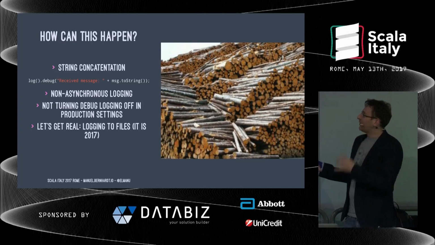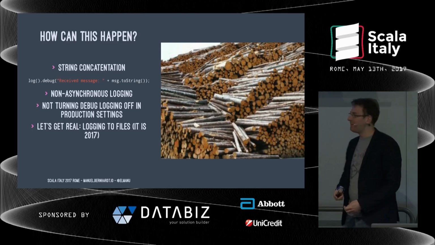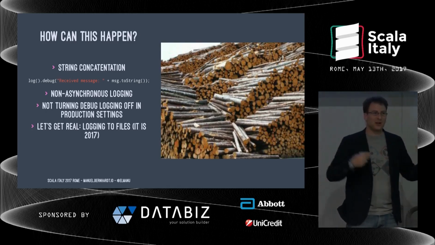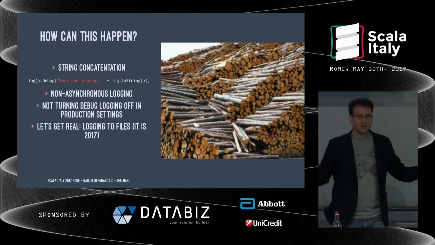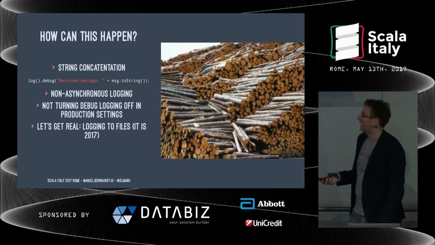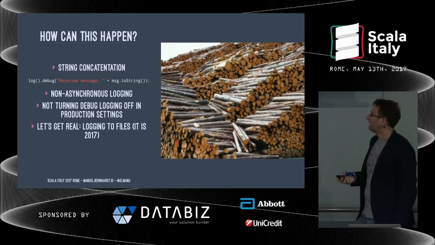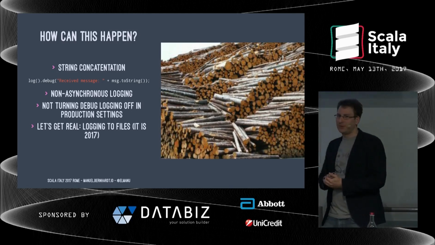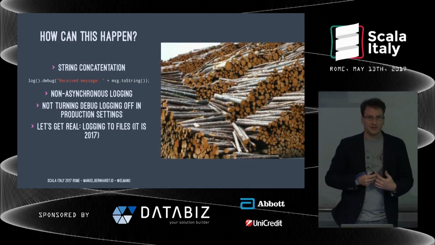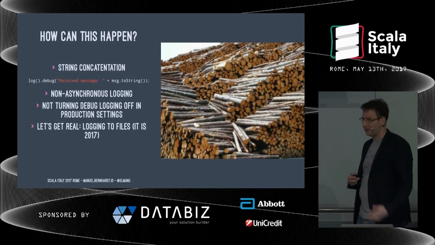Other things I've seen is not turning debug logging off in production settings. Then you have a lot of logs, and maybe you didn't need them. And let's be real, because this is 2017. In 2017, we shouldn't be logging to a file on disk anymore. We should be sending things off to a centralized logging thing where we can see the logs of all of our systems in production. Logstash or other systems come to mind. So this is one thing I just wanted to pass across here: if you really want to monitor live systems, you probably want to log to a place that's available centrally, and we can search for logs and set up